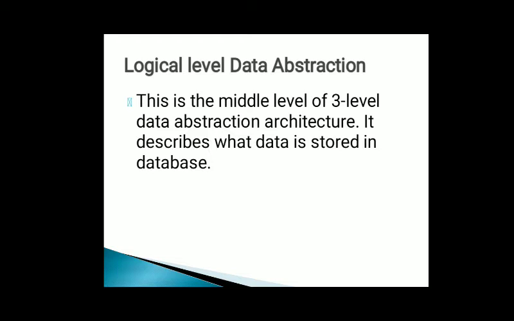At this level, the information available to the user at the view level is unknown. It means the view level is unknown about all these things, right? We can store the various attributes of an employee and relationships. For example, the manager can also be stored. It means all the data in a database system can be stored, right?